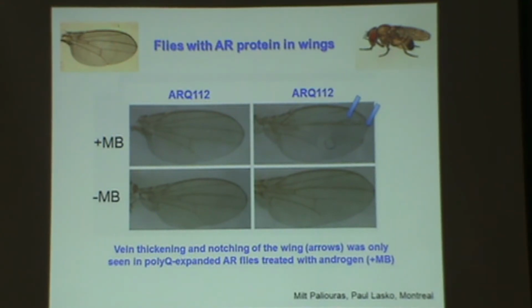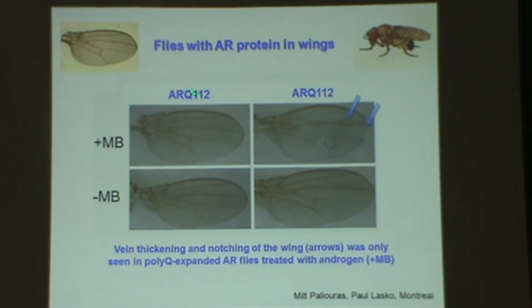So this is just very preliminary work, but what Dr. Paliers was able to do was to get the androgen receptor to be made in wings. So this time, I guess he didn't want to look at so many eyes, he wanted to look at wings. They were flatter, easier to photograph. And this is the normal wing, and if you look at these,